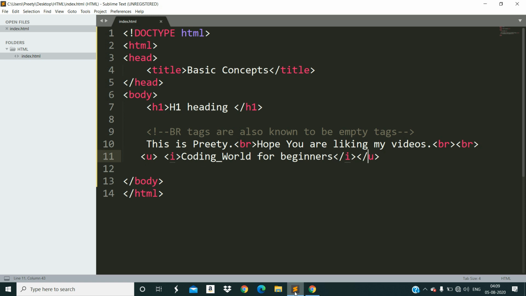HTML is not enough to do styling. Every other thing you can do with HTML, but for styling purposes CSS is used. So I'll switch to that playlist after 4 or 5 tutorials, because I'll explain the basics of HTML and then you'll learn everything on your own. I'll tell you each and every basic concept of HTML.